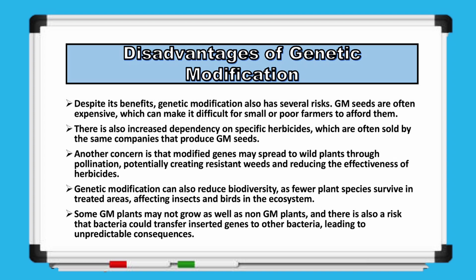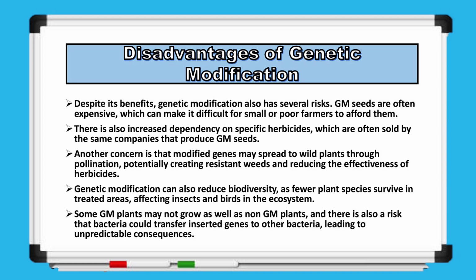However, genetic modification also comes with several risks and disadvantages. One major issue is cost, as GM seeds are often expensive, making them less accessible for small or low-income farmers. There is also increased dependence on specific herbicides, which are usually produced by the same companies that sell the seeds. Another concern is that modified genes may spread to wild plants through pollination, which could lead to the development of